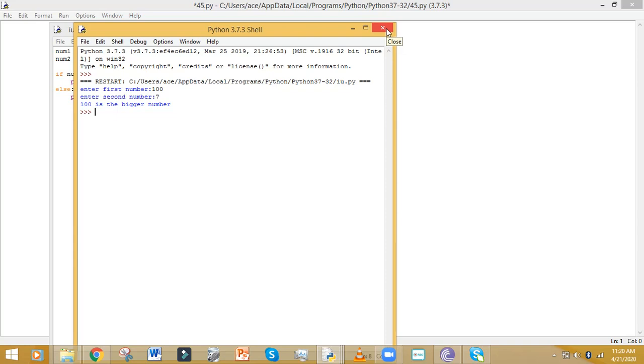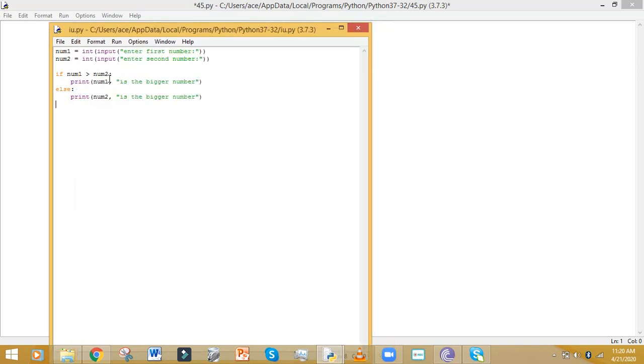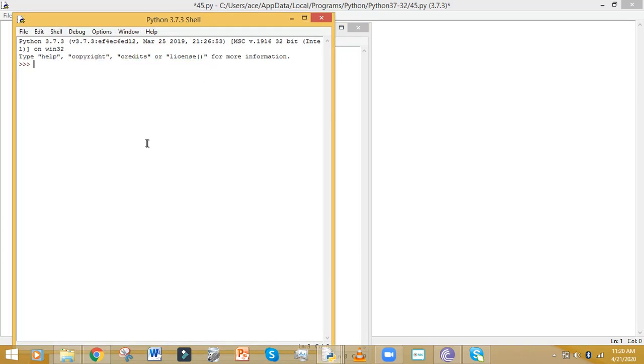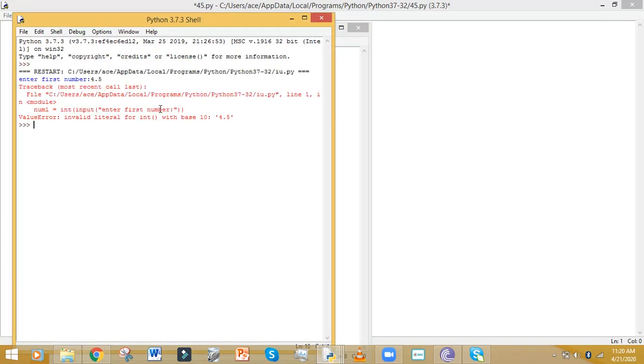So if you enter two different numbers now, it should give you the correct answer. But now here I used int, so it means now it only accommodates integers. If I try to put in decimal numbers, let's just try and see. So enter number, I'll enter 4.5. If I say enter, it should give me an error, because I am saying when you say int input, it